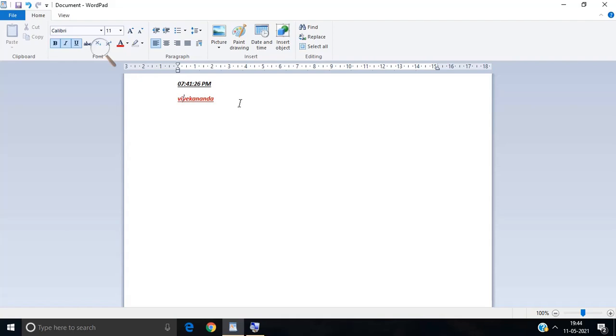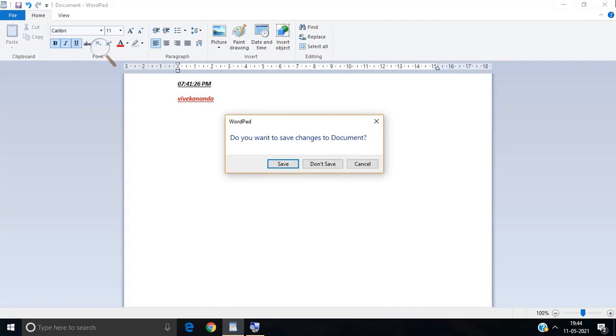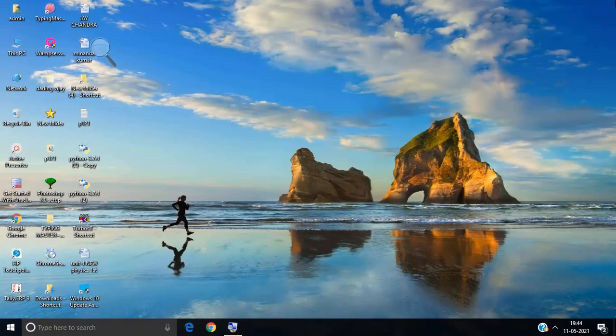But if you want to choose MS Word as our documentation software, you must download the Microsoft Office package, or you have to install the Microsoft Office package from outside sources.